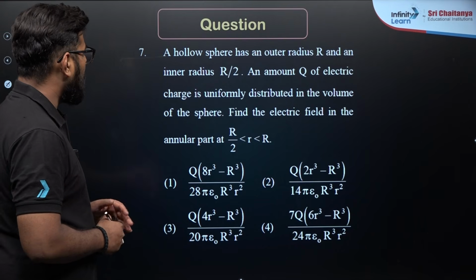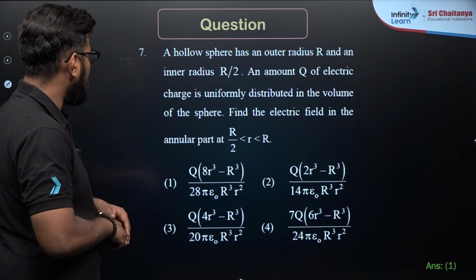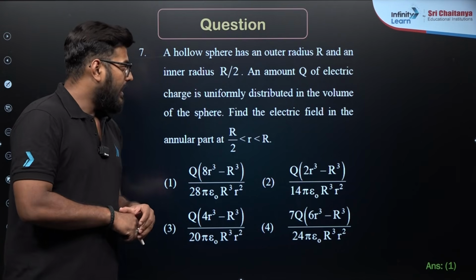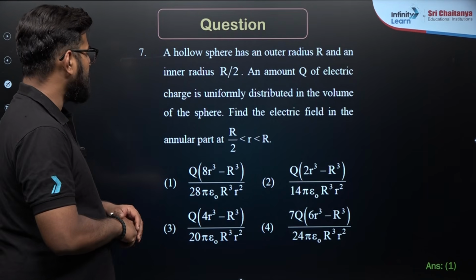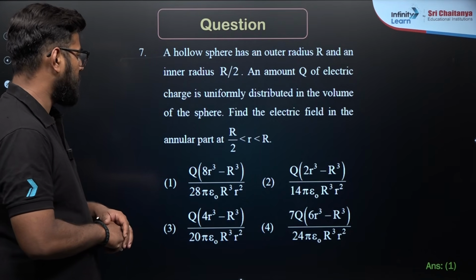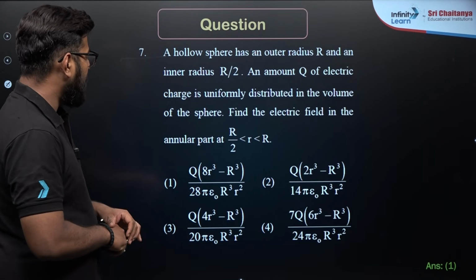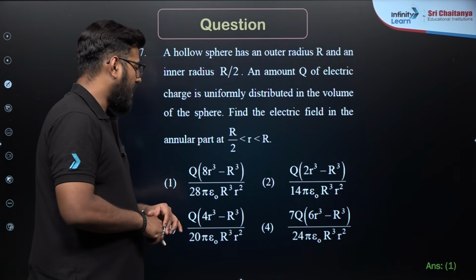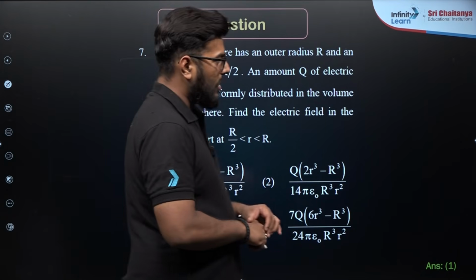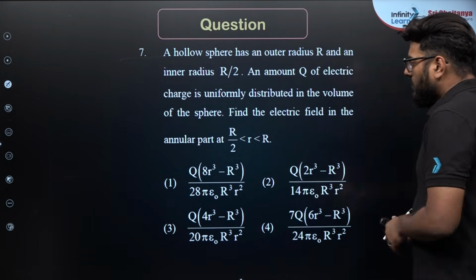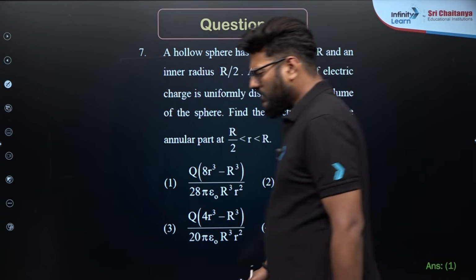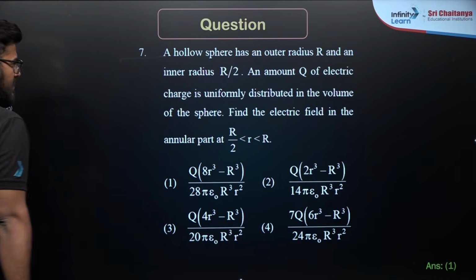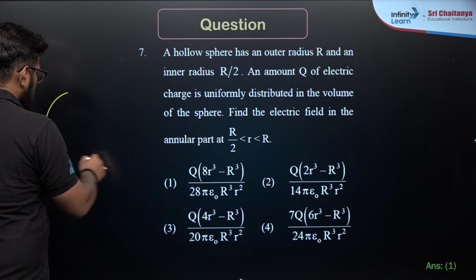A hollow sphere has an outer radius capital R and an inner radius capital R by 2. An amount of charge Q is uniformly distributed in the volume of the sphere. Find the electric field in the annular part, at a distance small r from the center. What you need to do over here is a simple analysis. What is the simple analysis? The simple analysis over here is